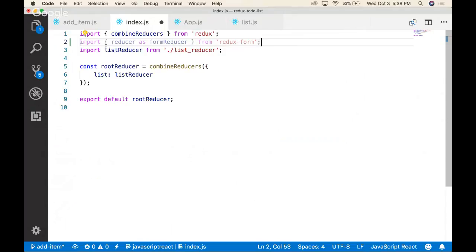I don't recall if their documentation tells you to rename it. This is me telling you to rename it. Reducer is a horrible name. And while this particular app is simple, and even your final project app probably won't have too many reducers in it, in a large scale project